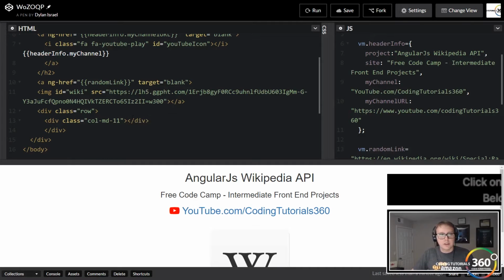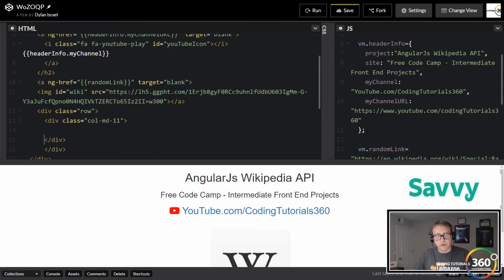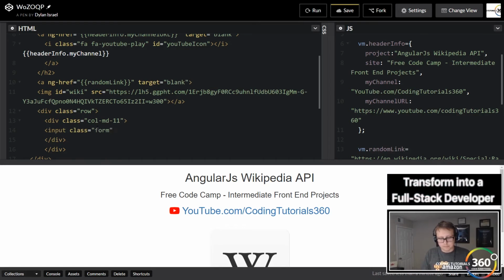So we're going to have this input with the class form-control, which is just a Bootstrap class, which will inherit some styling, all that sort of stuff. Don't think too much about it. And then we're going to have an ng-model. So the reason,